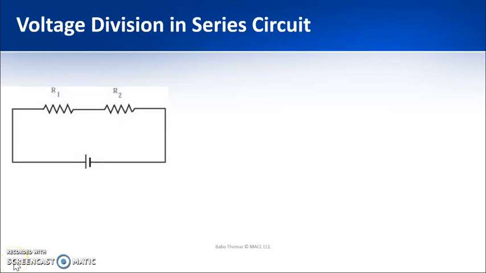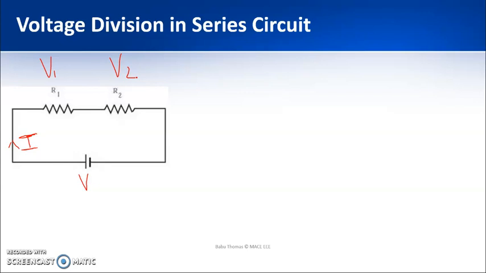Now we are going to discuss the voltage division rule in a series circuit. So we have a voltage V which is applied across the resistances R1 and R2 which are connected in series. The current I flowing through these resistances is the same through resistance R1 and also through resistance R2. The voltage drop across the resistance R1 is V1 and the voltage drop across the resistance R2 is